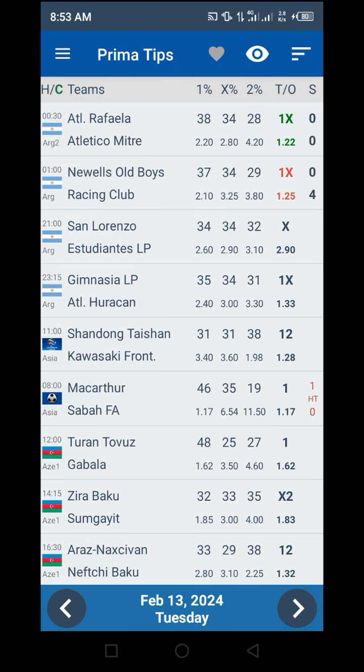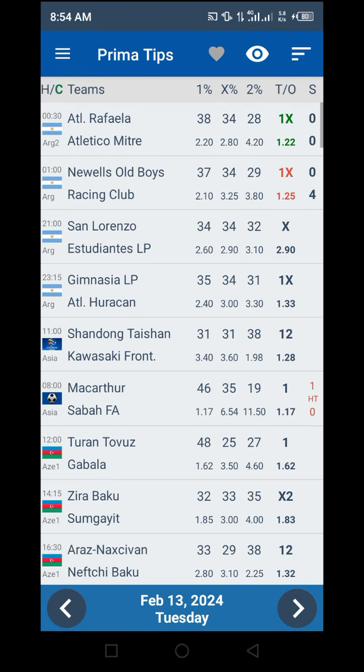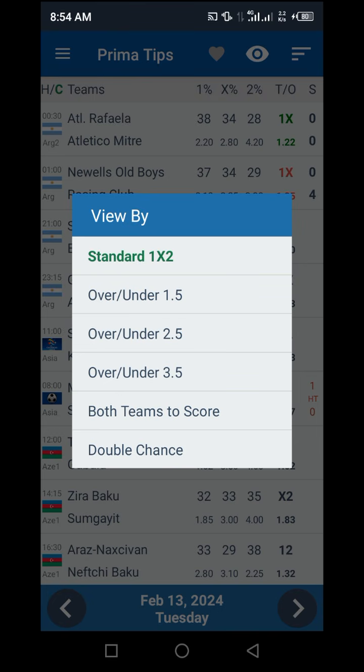There are some people who like to go for straight wins. There are some that like to go for over 1.5 or 2.5 goals. It depends on whatever bet type you want to go for. With the help of this Prima Tip app, it is very easy for you to filter games based on your choices. And of course, if you look at the eye icon that is here and click on it directly, what you are going to notice is that